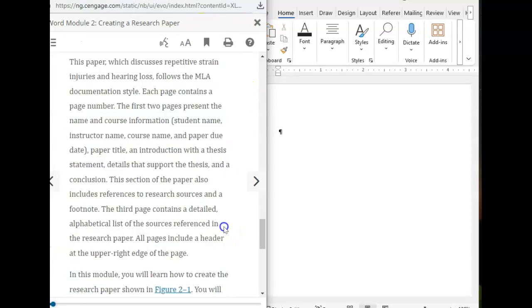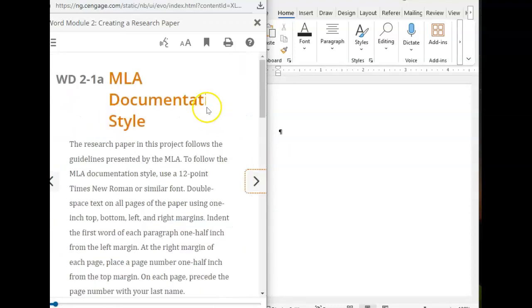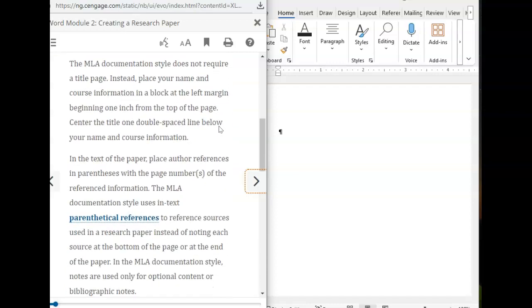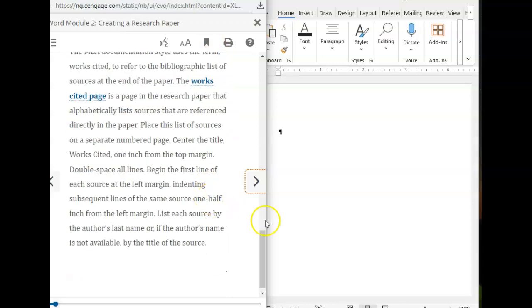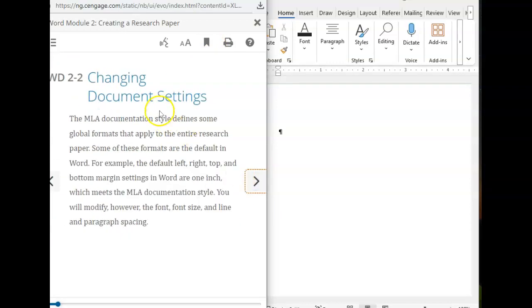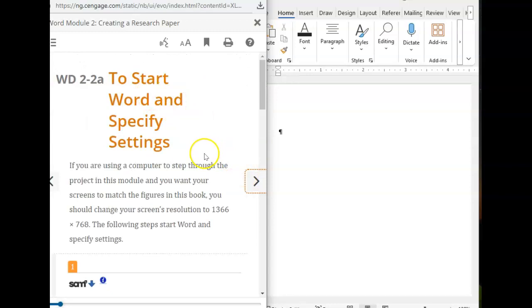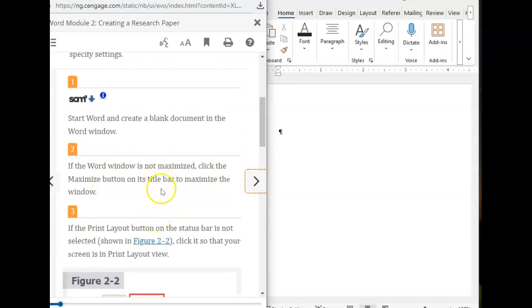Okay, so here is our assignment. We are going to be doing a research paper. So I'm in Word Project 2, 218. We're going to be using MLA, and you can read about MLA. It's important to read, but I'm going to strictly be looking at what we're going to do in this project. So what we're going to do is start Word. We've already downloaded our document, and then